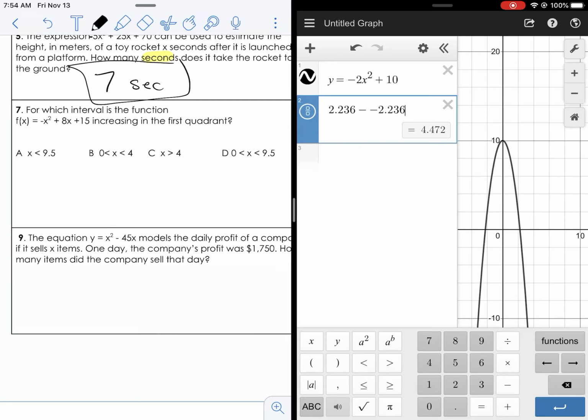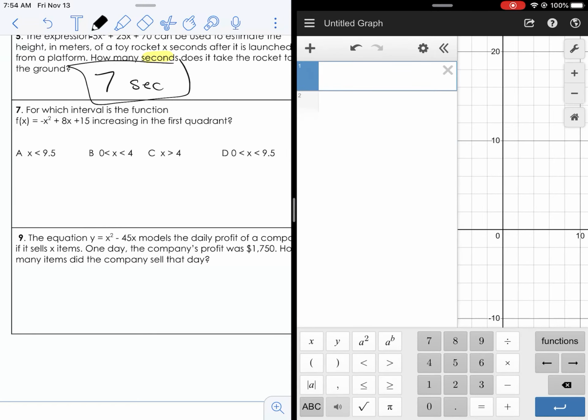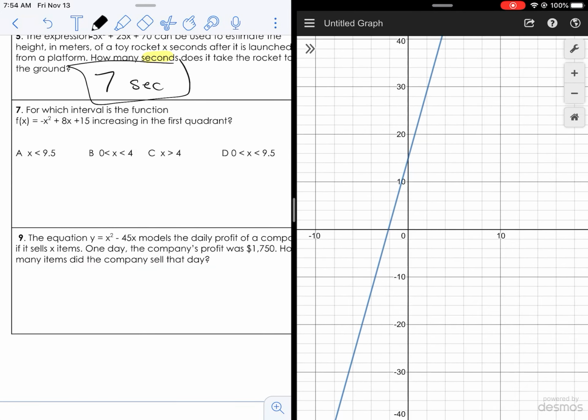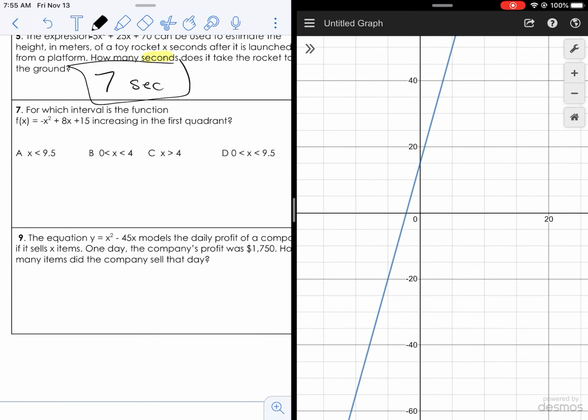Number 7, for which interval is the function increasing in the first quadrant? So let's graph that. If you haven't noticed, the first step is usually to graph it so that we can visualize it. All right. So if you remember